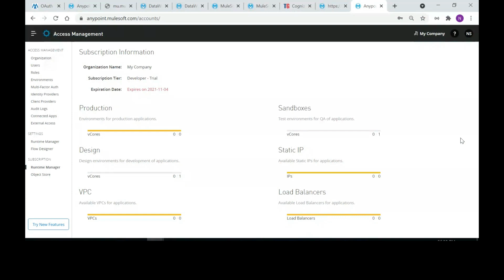So if you have a development environment and a quality environment for non-prod with 4 cores available, how many applications can you deploy to development? Right, 40. 4 cores means 40 applications we can deploy.